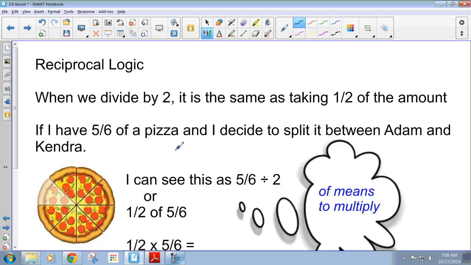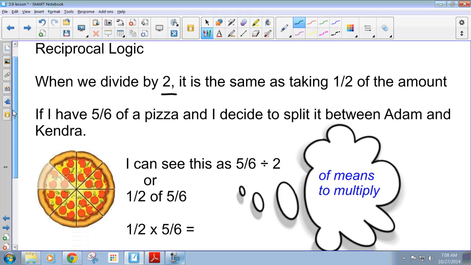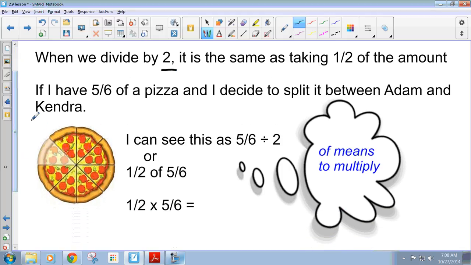We're going to use that reciprocal logic for division today. When we divide by 2, it's the same as taking half of an amount. If I have 5/6 of a pizza and I decide to split it between Adam and Kendra, this is what is going to happen. I can view this as 5/6 divided by 2,